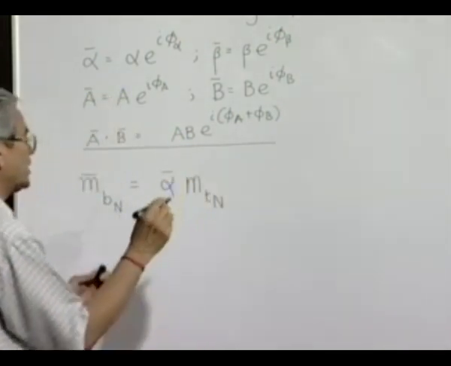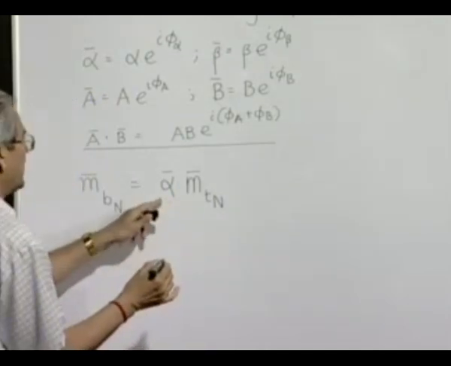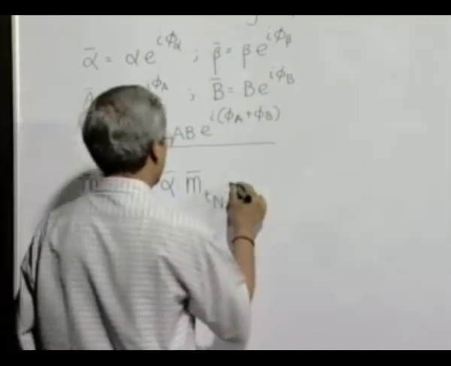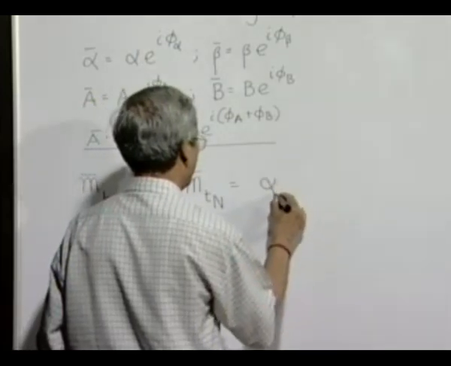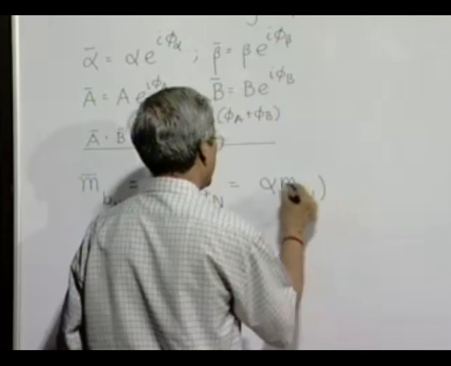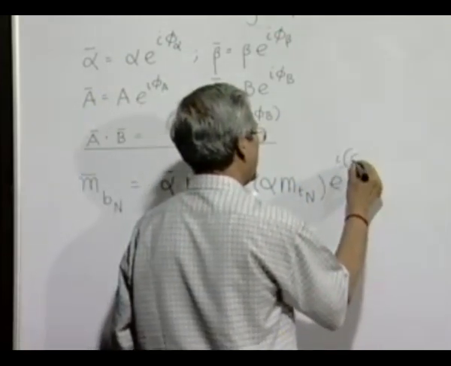Trial mass position is known. So, if I know alpha, then I multiply MTN by alpha to get MBN, and then we will get alpha MTN, the magnitude will be the product, and phase or angular location will be shifted by